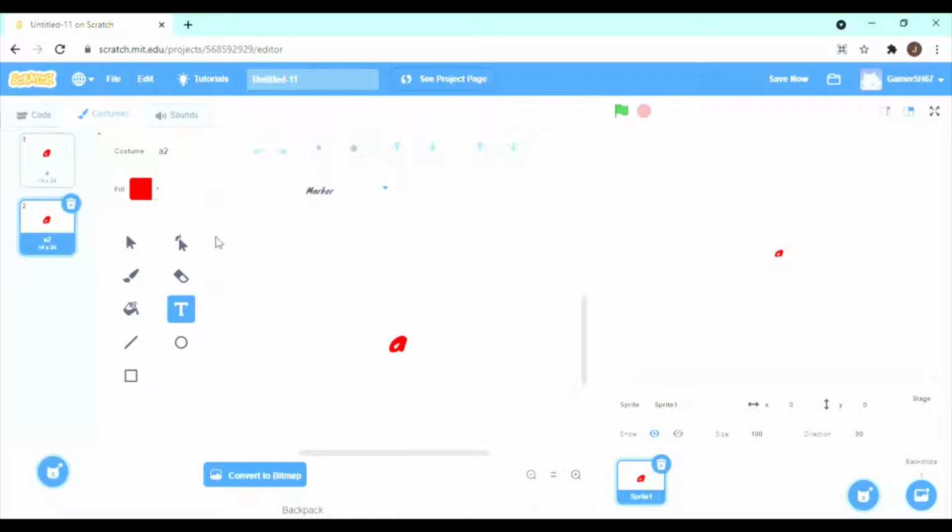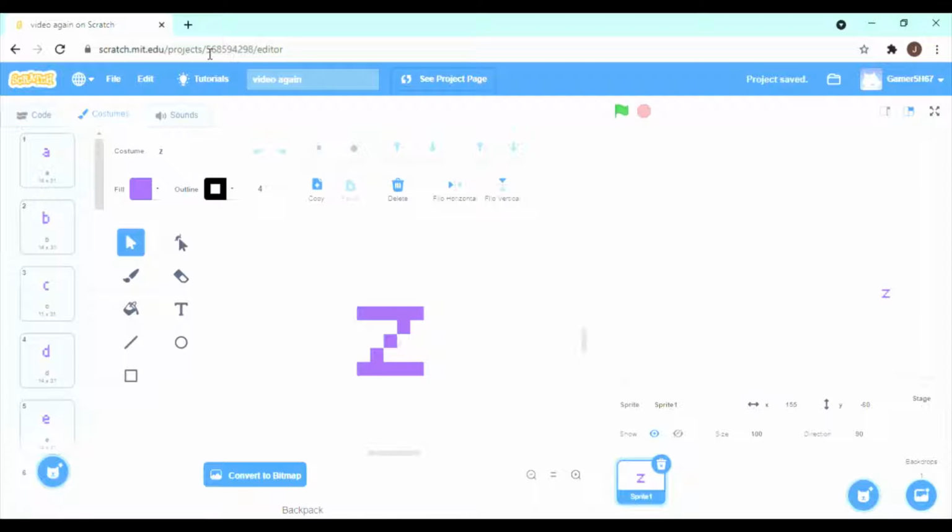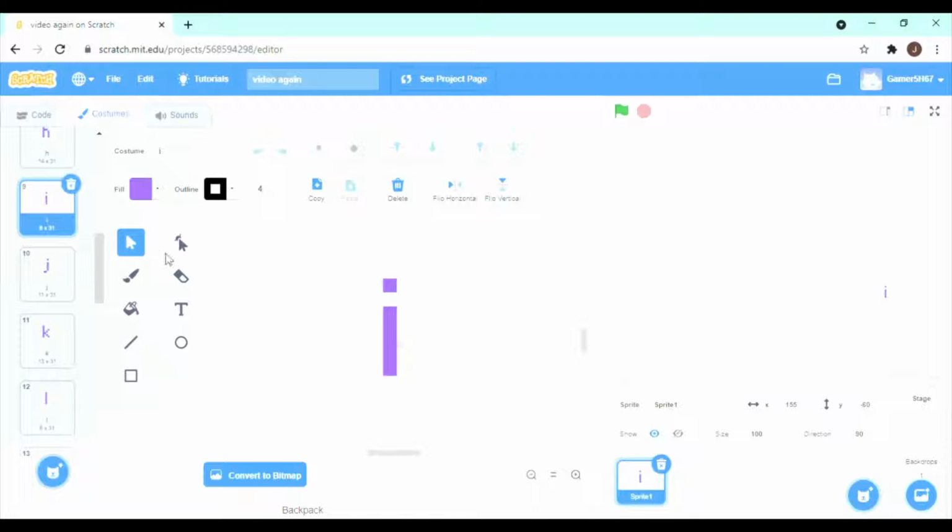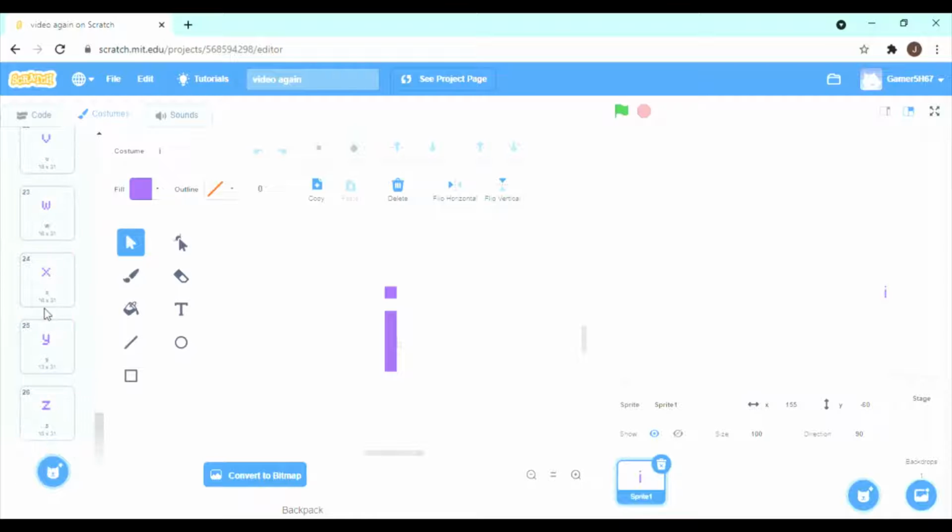Then right click, click duplicate, and then make the different one and name this one B. You get it? Yeah, I think you do. So what I'll do is I'll just clip until I have them all. A good thing to keep in mind: letters like the I, if you duplicate them, you may need to center them a bit because it's a smaller letter. So now that you have from A to Z, all letters are centered, the font and the color that you choose,